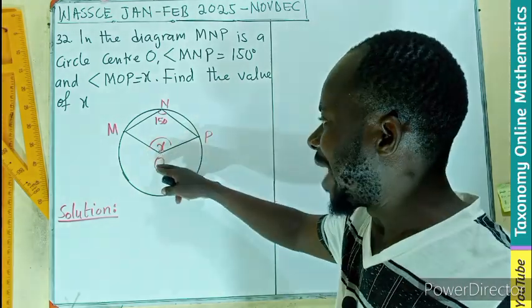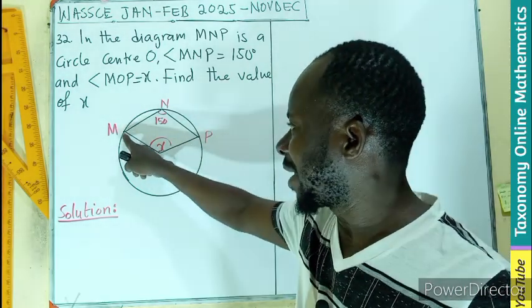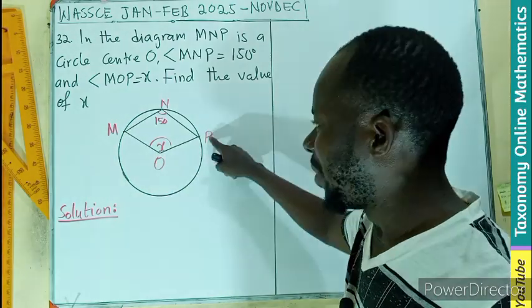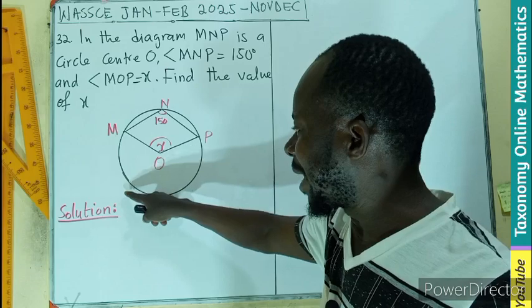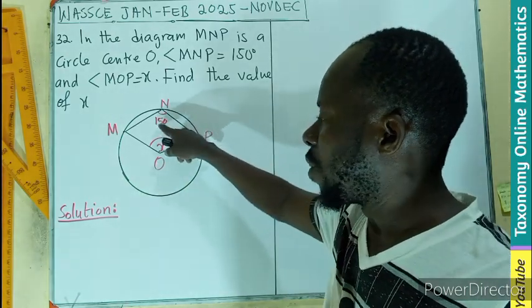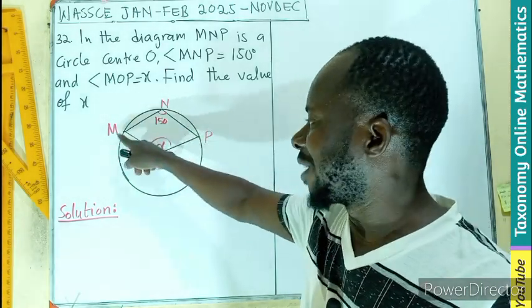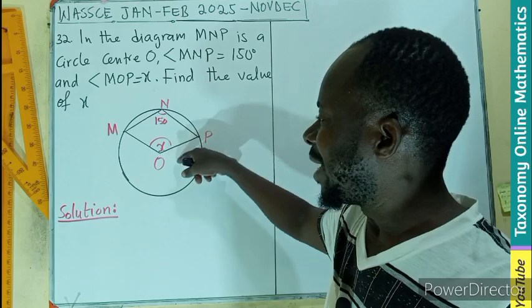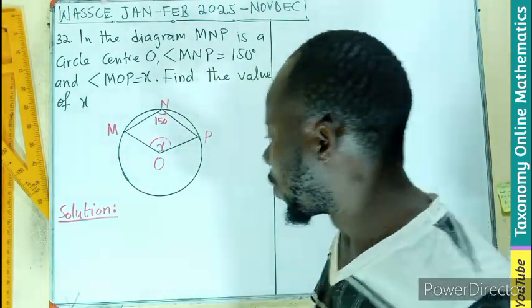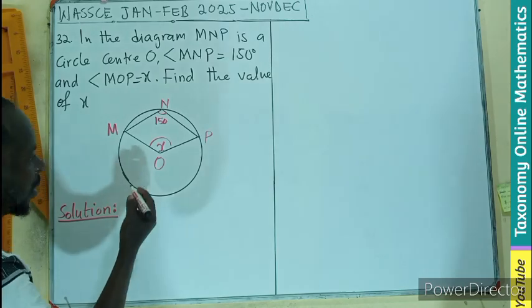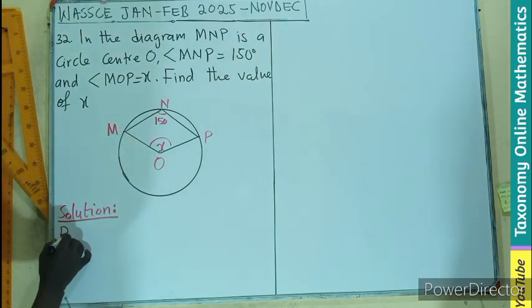So this reflex angle is subtended by the arc MP. That subtends the angle at the back there, the same arc that subtends the angle 150. So angle subtended at the center is twice the angle at the circumference. So we can hold on to that also. So I can say that the reflex angle,